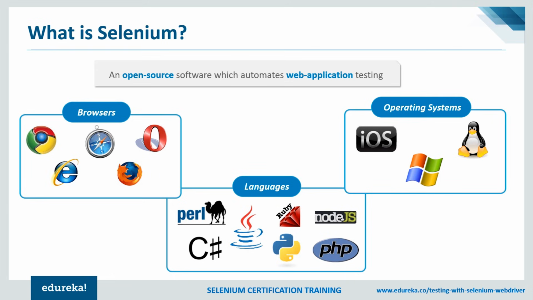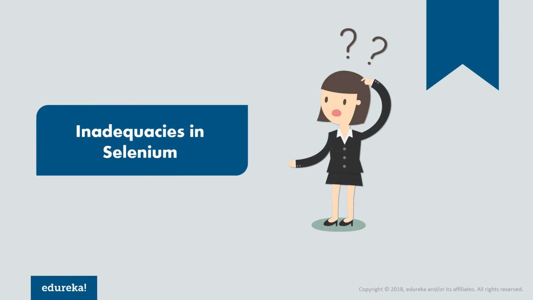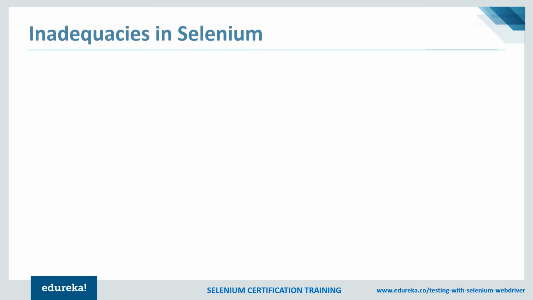So we now know that Selenium is not a one-stop solution. It has its shortcomings. Now that's okay because most of these softwares and applications have shortcomings. But the point is, can it be resolved for Selenium? If yes, then how? Any responses out here to the question? What could be the possible inadequacies in Selenium? Take wild guesses even if you all are not aware of it. And just in case you all know what the inadequacies are, then how do we resolve them? Go ahead and comment in the chat window. Make it quick. Any responses, any query, any idea what the inadequacies are? Since I'm not getting responses, I'll move ahead. Let's have a look at what the shortcomings are and how it can be resolved.